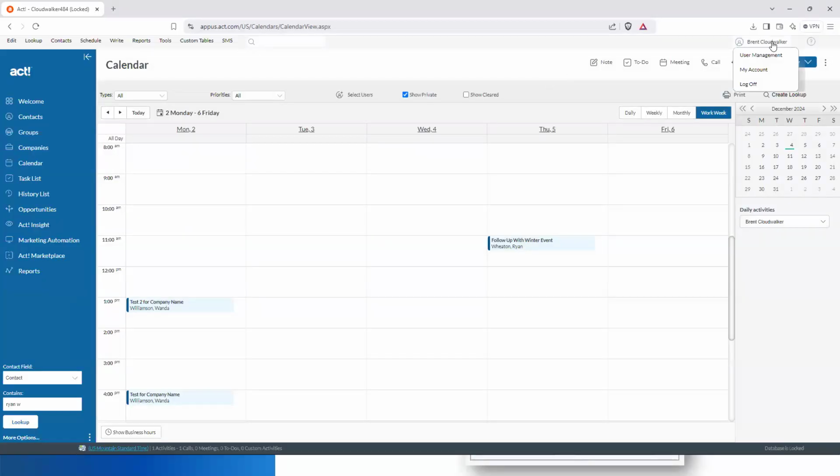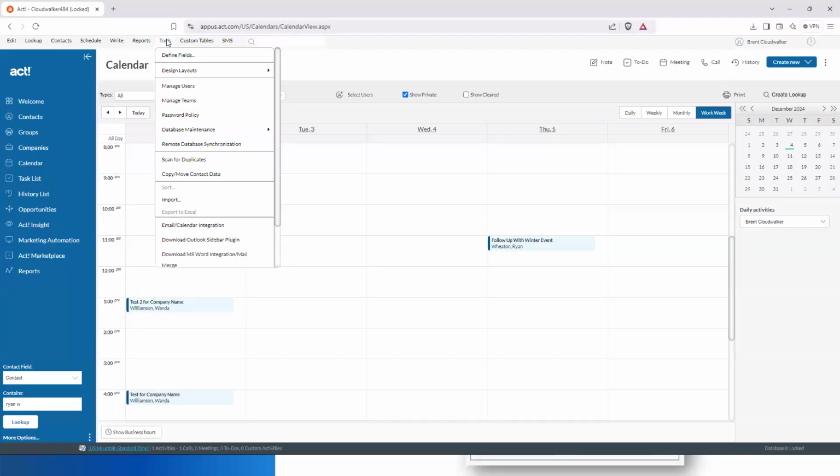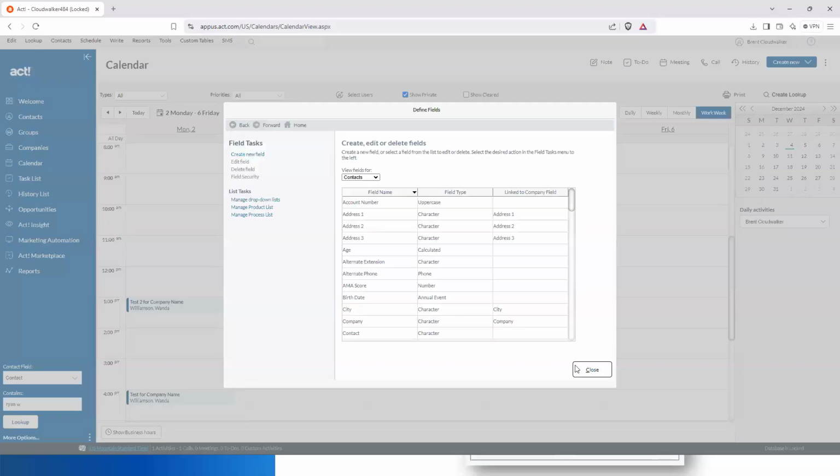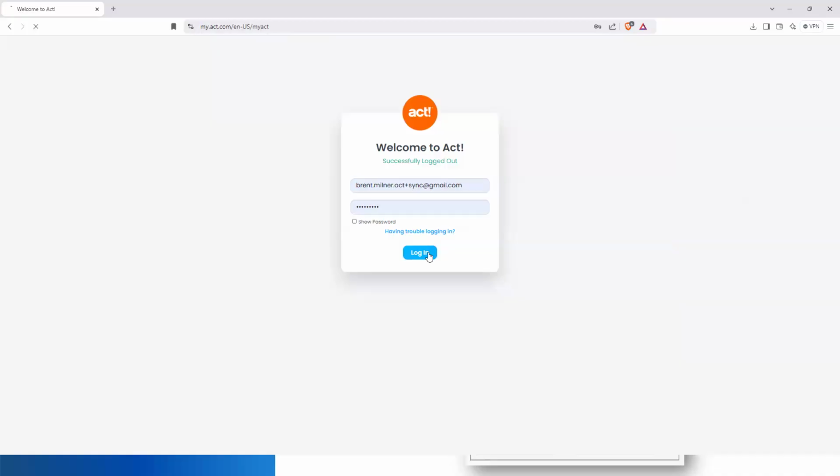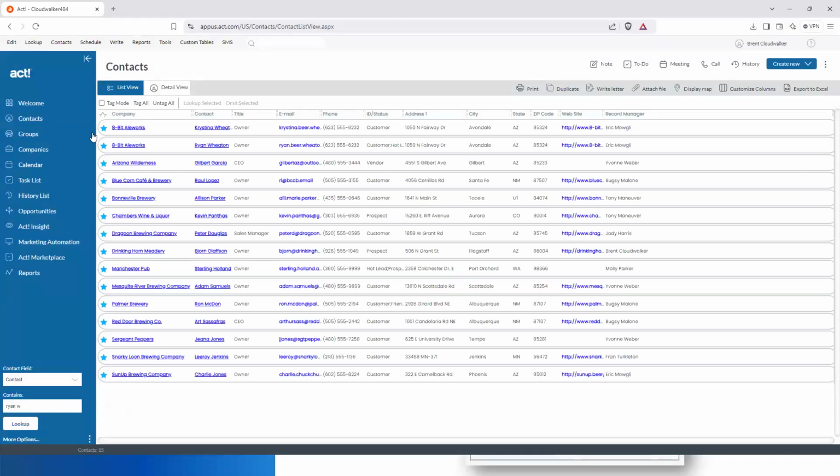And now the next time I log in, I might need to unlock my database. I notice my database is locked. There we go. Let's unlock it. I don't want to get locked out. So now if I log off and I log back in again, what I should see happen is it will take me straight into my contact list, but not just my contact list, the favorites on my contact list. And those are shown by the blue stars here on the left.